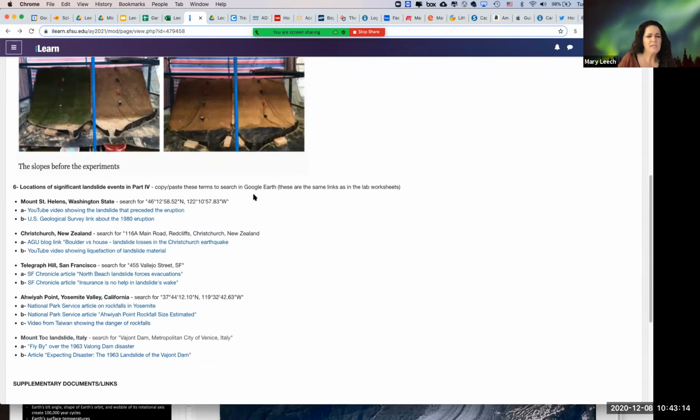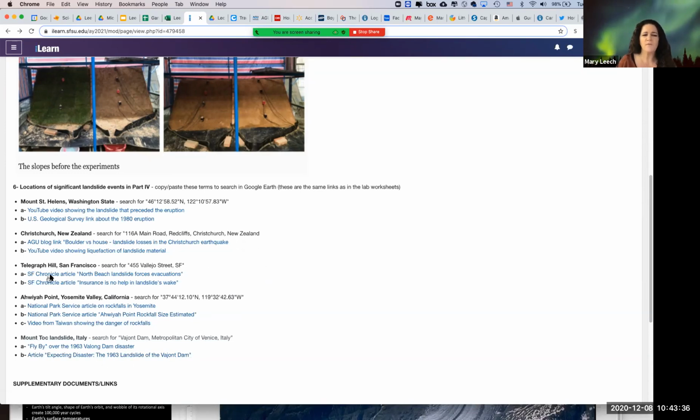Then at the end, there's a part of your lab. The version that I gave out to you in class suggested that I was going to assign one of these. I decided to let you choose. I didn't want to assign, and frankly, it didn't matter to me which one you looked at. I just want you to study one of them. So pick one that interests you most.